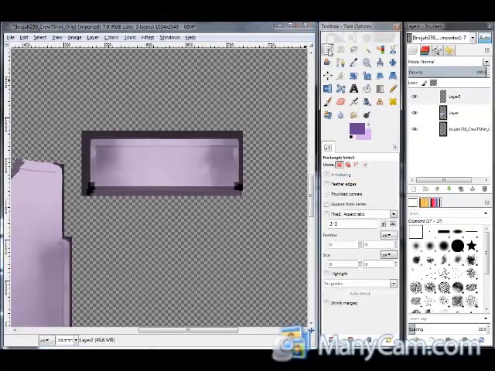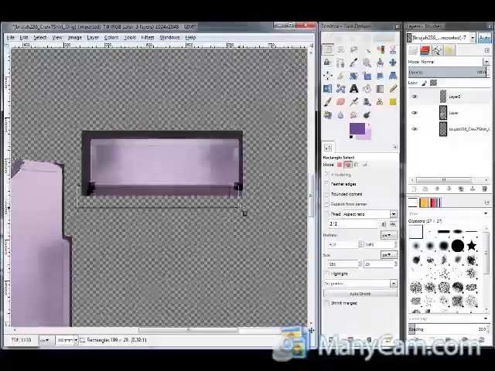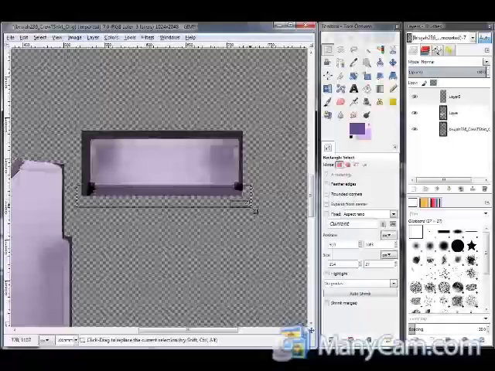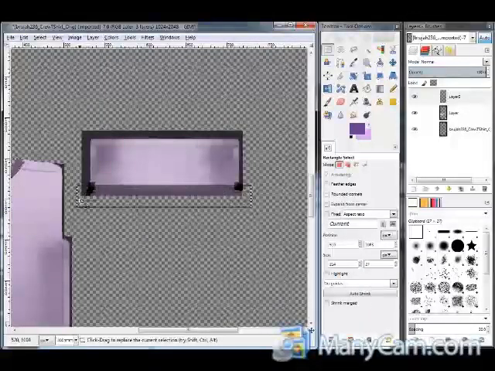Then over here we want to use the box, the rectangle select tool, and here the keyboard shortcut is R. And again, hold down Shift to add to selection. And one thing I do like about GIMP is that it has additional